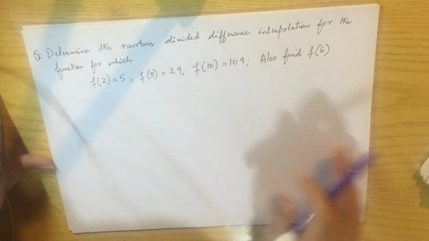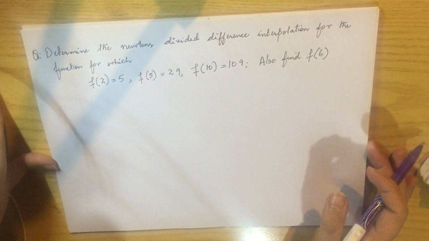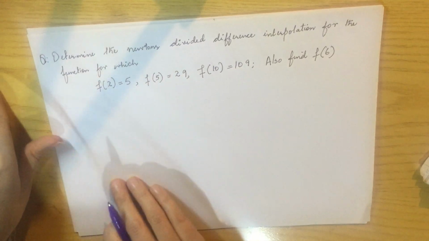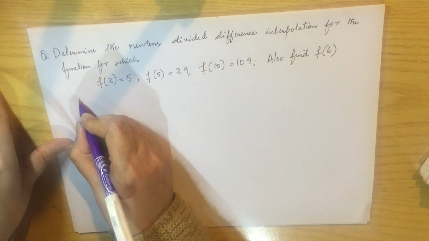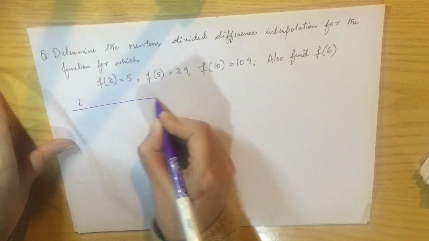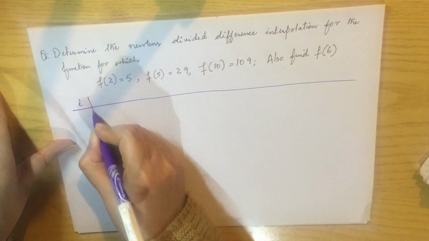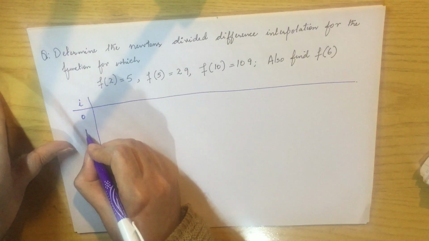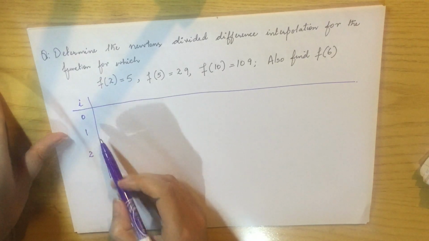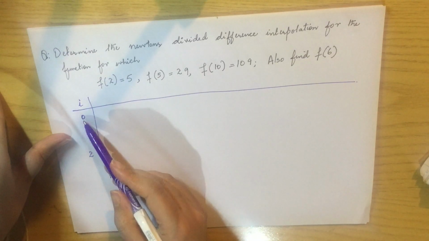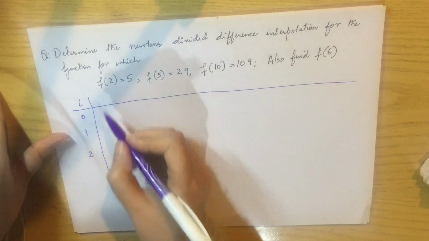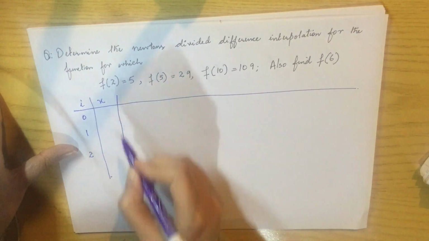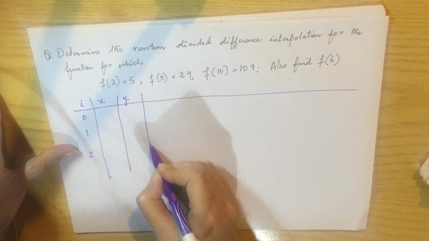Now suppose, for example, we take the iteration i, at the point 0, then at the point 1 and at the point 2. We are taking point values, point 0, point 1 and point 2. So now we will take the values of x, then the values of y, then we have to calculate the